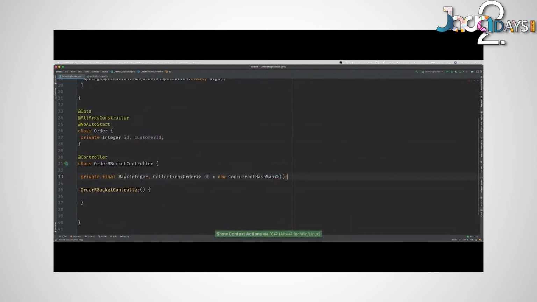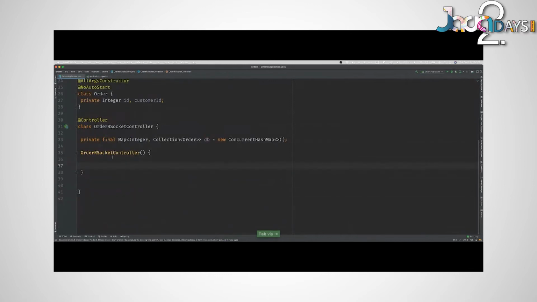So there's my basic dependencies, and here's my map, my in-memory database, and I want to now fill it up. So what we're going to do is we're going to remember I have 8 records. So I'll say for var customer ID equals 1. Customer ID is less than or equal to 8, customer ID plus plus. And then here, var orders list equals new array list of order.